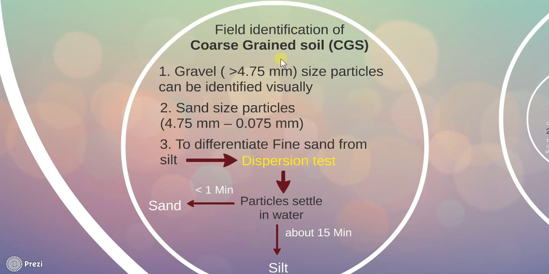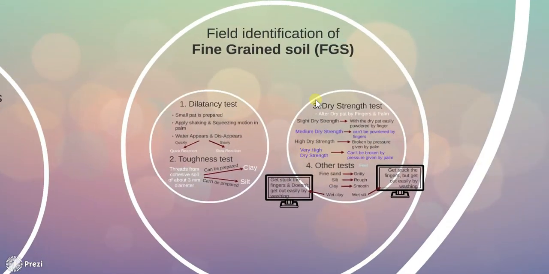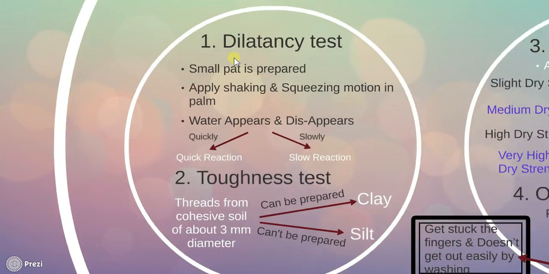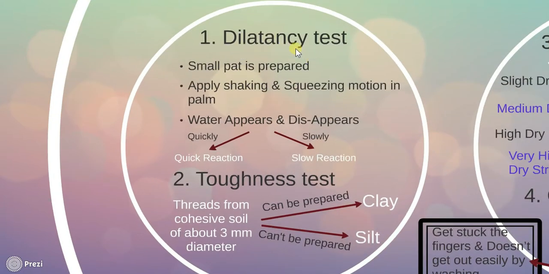If it is not coarse grained soil and it is fine grained soil, how do we identify it? For that, there are 3-4 tests. Let us discuss. The first is the dilatancy test. In this test, a small pat of moist soil of about 5 ml in volume is prepared. Water is added to make the soil soft but not sticky. The pat is placed in the open palm of one hand and shaken horizontally, striking against the other hand several times. During shaking and squeezing,